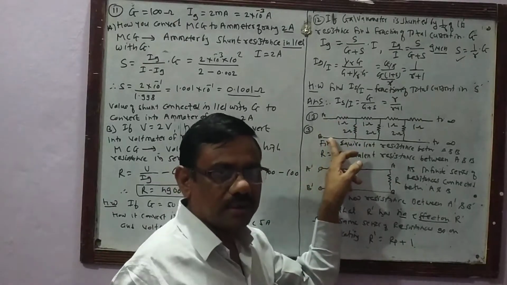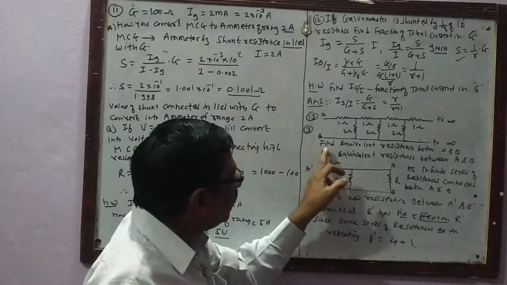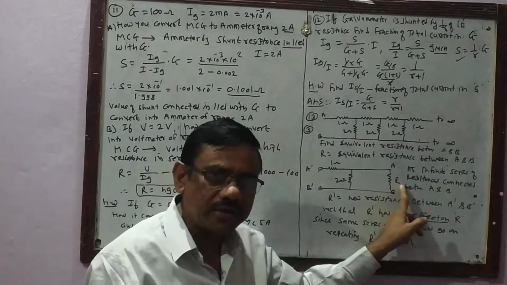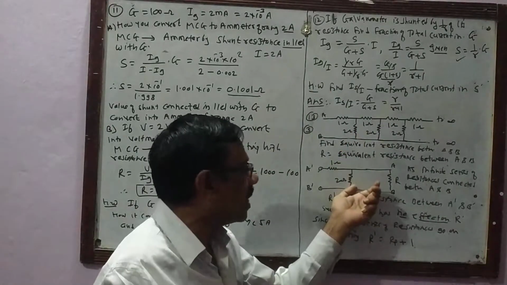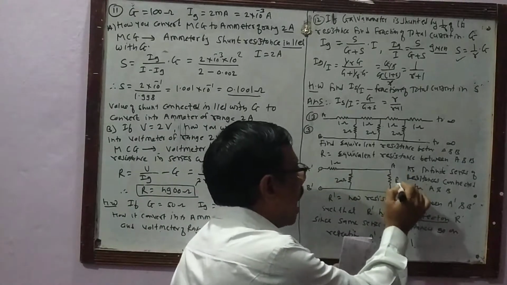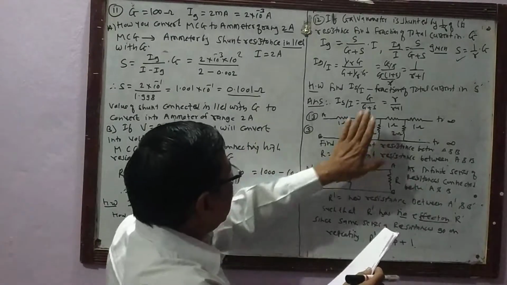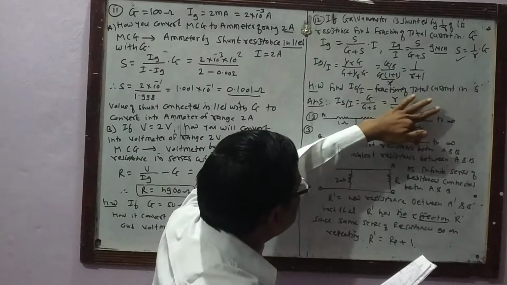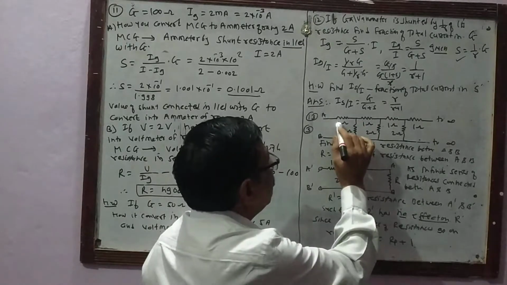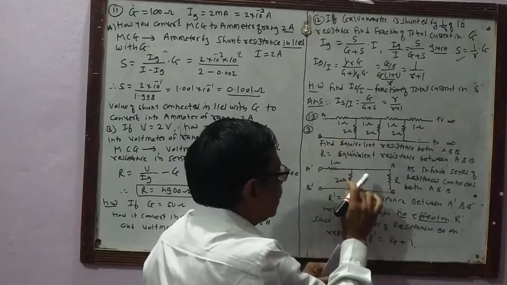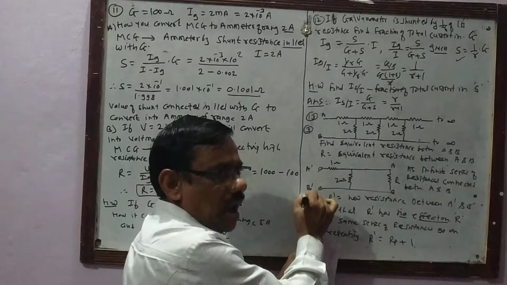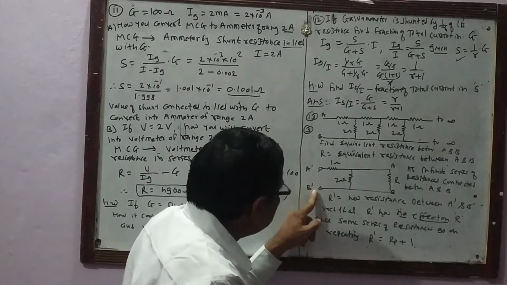In order to solve this problem, let us assume that R is the equivalent resistance between A and B, and thereby this circuit can be reduced as given in the diagram, with the equivalent resistance R between A and B. A 2 ohm resistance is connected across AB, and this is the new point A dash and B dash, and let R dash be the new resistance between the points A dash and B dash.